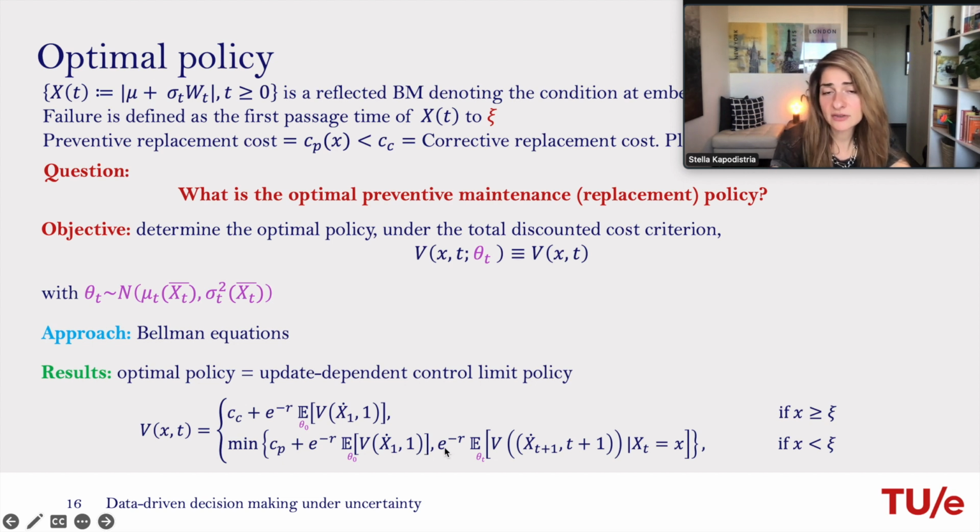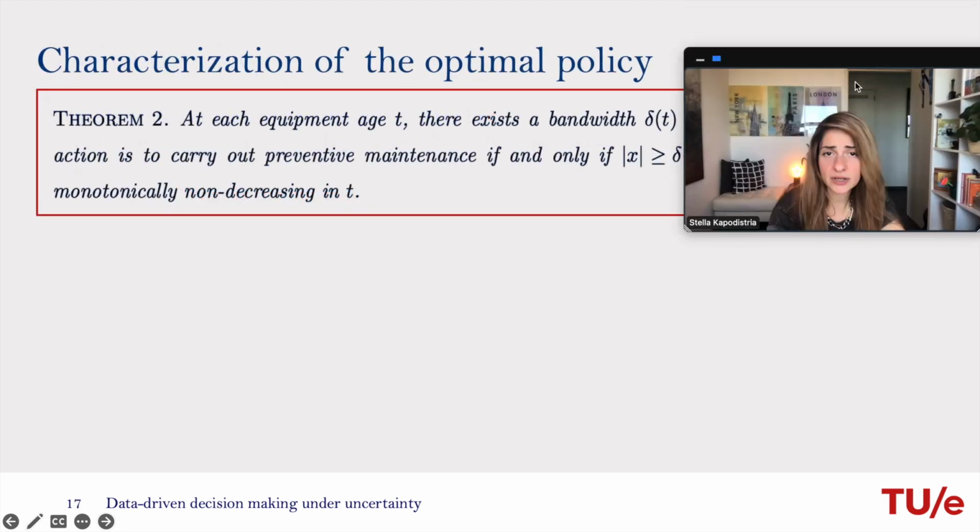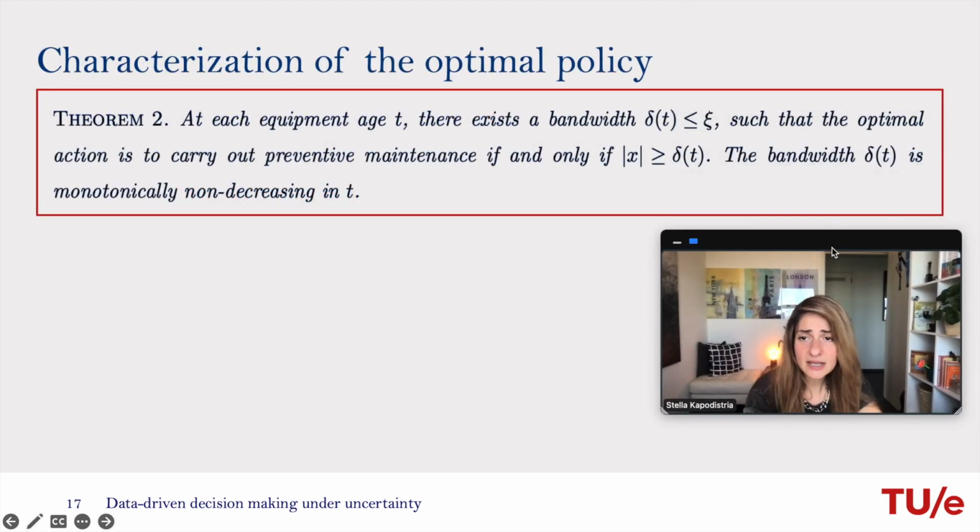Or if you decide to do nothing, then you pay this delta, and I notice here a mistake in my slides, I'm sorry for that. There should be a delta plus the discounted expected cost in the next state, given that you're currently in state x. So we solve these Bellman equations,